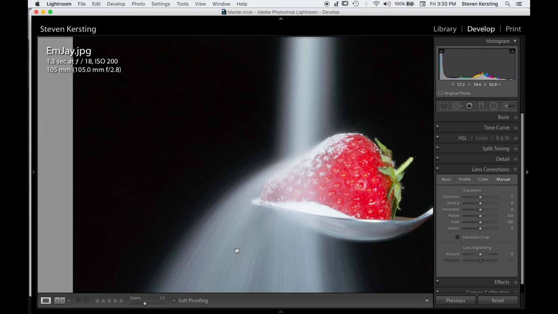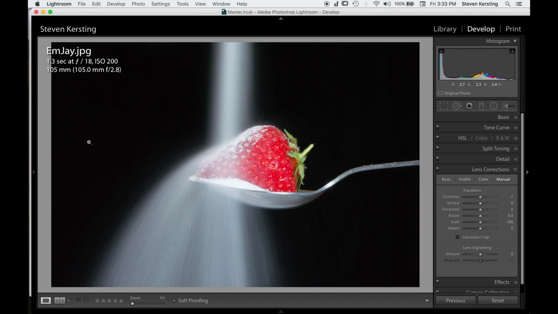Next image is by M, and we have a 105 millimeter lens, ISO 200, 1.3 seconds at f/18. So it's a fixed focal length, probably a macro. ISO 200, I believe ISO 100 is the minimum for that camera. If so, it could have been ISO 100 and gotten your shutter speed with a